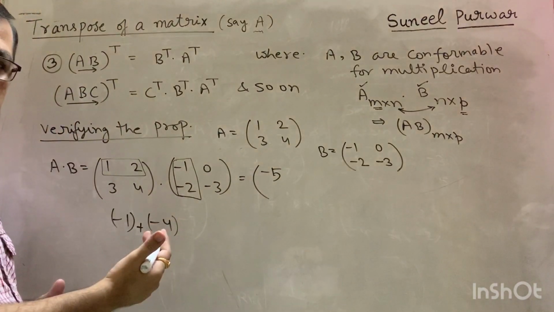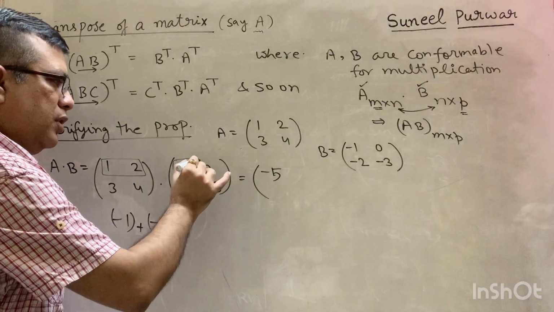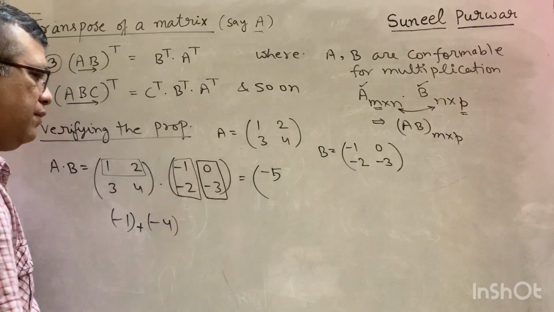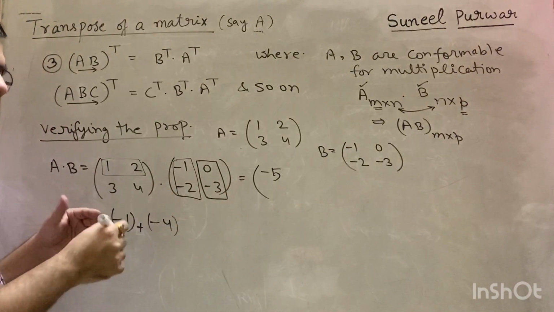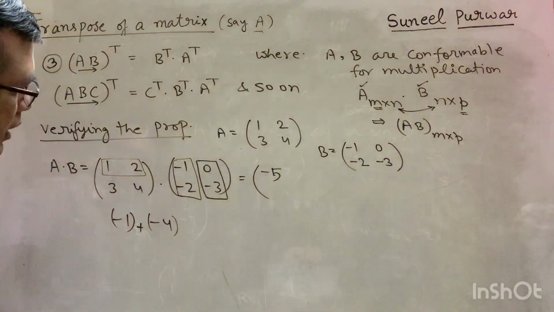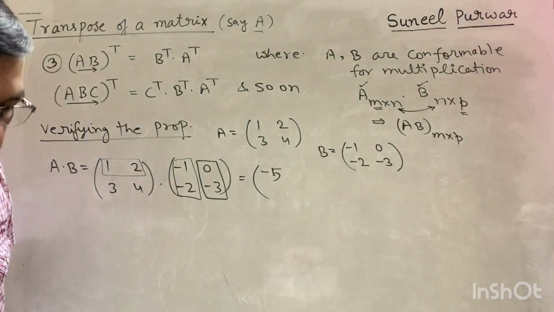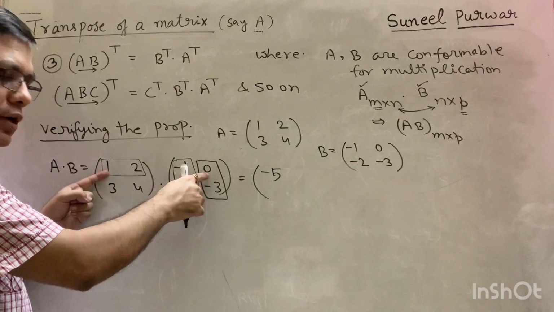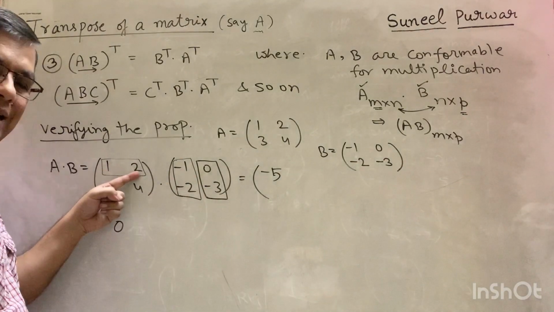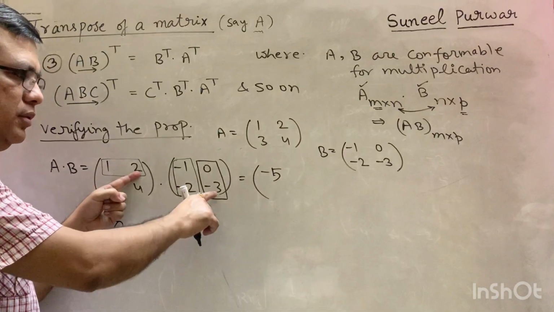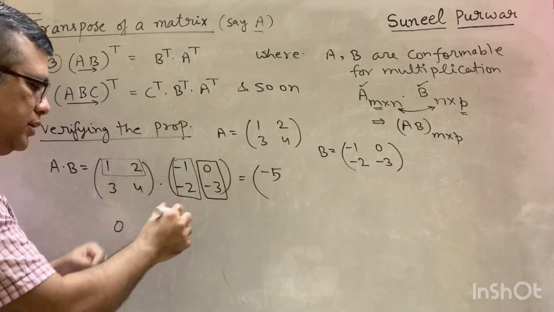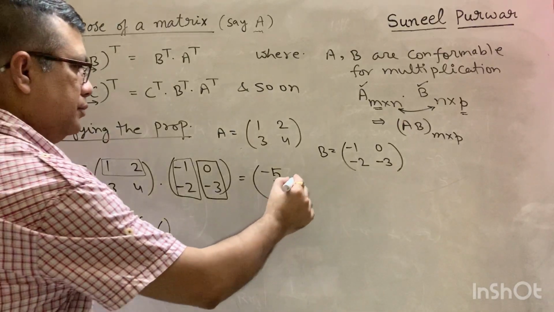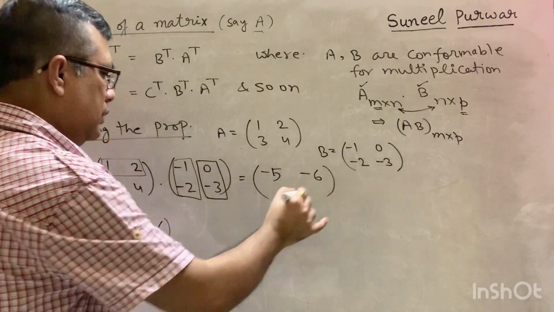Now the process is then performed with the next column in the same way by multiplying the corresponding elements. See, here the first element is 1, here the first element is 0, so 1 into 0 will give you 0. Then the second element is 2 here, and then it is -3. Their product is what? -6. Their sum will be what? -6. Now,